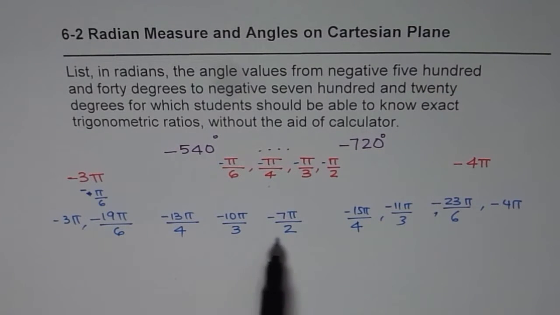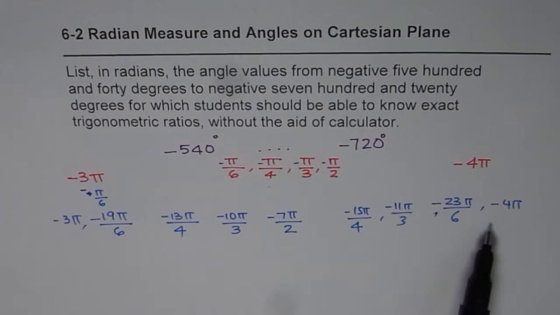So these are all the values of angles in radians for which you can calculate trigonometric ratios without using a calculator. More important here was to understand the concept and how to write the numbers in radians. You could easily do this question in degrees, but now we have to get used to radians so that we